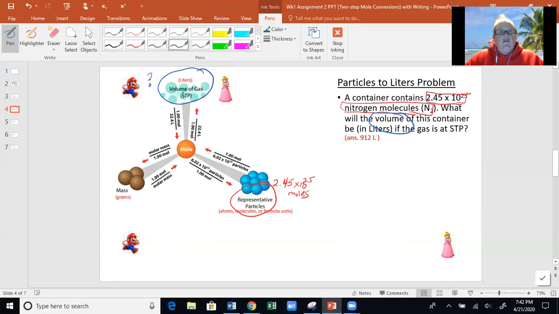Now I need to figure out the path I'm going to take. If I am starting here, I can't follow this arrow because the arrow doesn't go that way. I'm going to use this conversion factor first to get me from the particles parking lot to the mole parking lot. And then I need to follow this one to get to the liters parking lot. Now, let's think about this a little bit. So Mario wants to get to Princess Peach. In order for Mario to solve this problem,